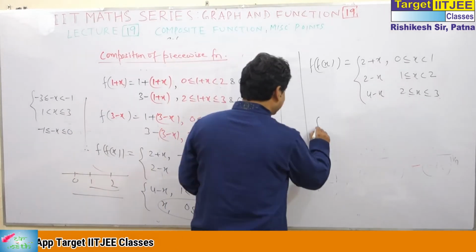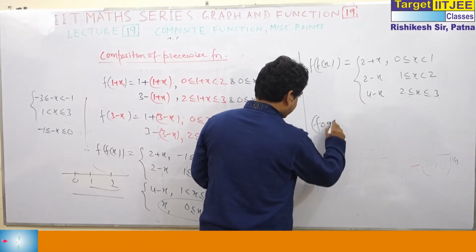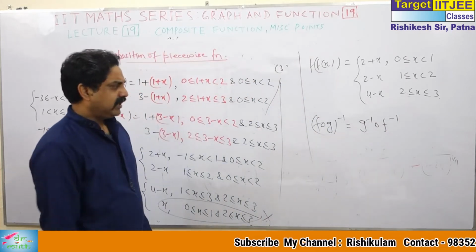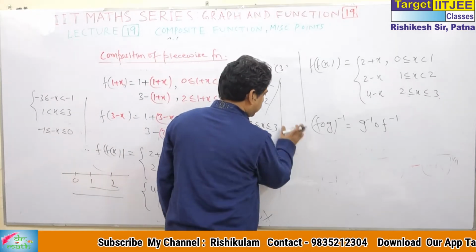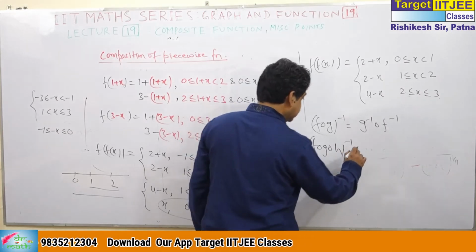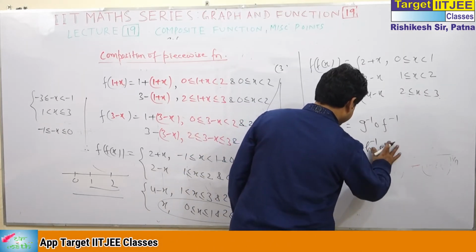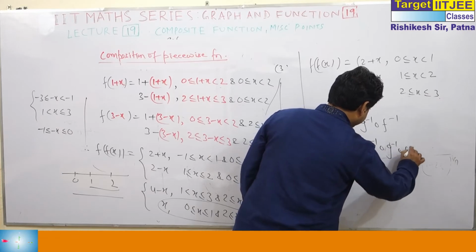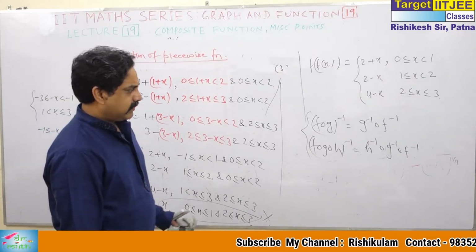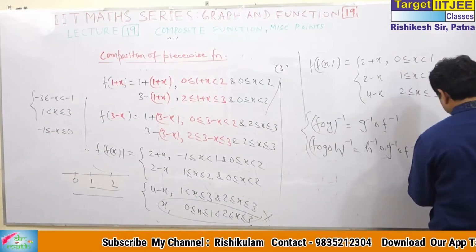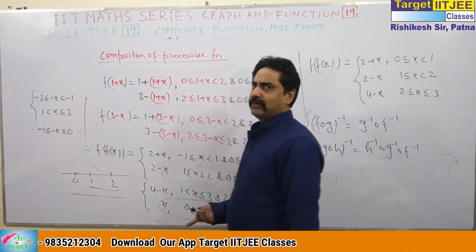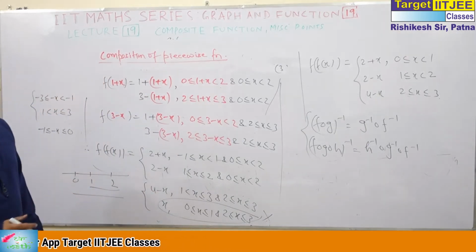There are some properties you can find that I haven't given for this. These are properties. Be careful. There are many properties of composition of functions. For example, (f of g of h) inverse, if it exists, is h inverse of g inverse of f inverse. You can get some properties, but you just have to open your eyes, open your mind. There are many properties, but I am not going into that. What I have done is enough.